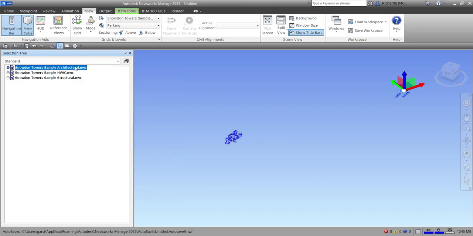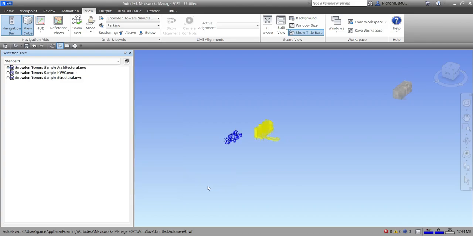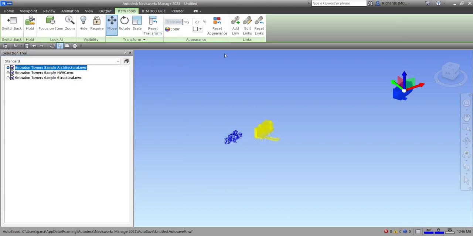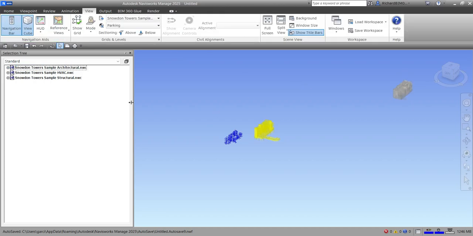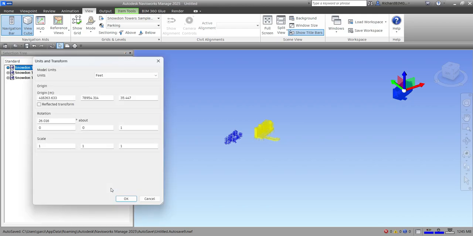Okay, as you can see, it's not working, right? Or click item tools, reset transform. So it's not working, right? So that's your best bet. Instead of doing that reset transform, just use units and transform. So let's right click that and then units and transform, and then you type here manually. Okay, so let's type that